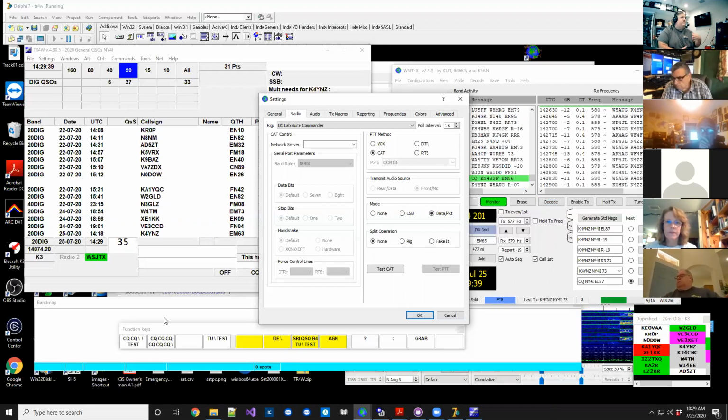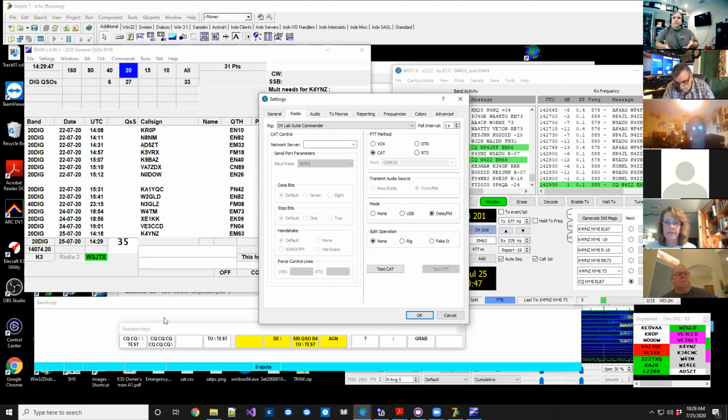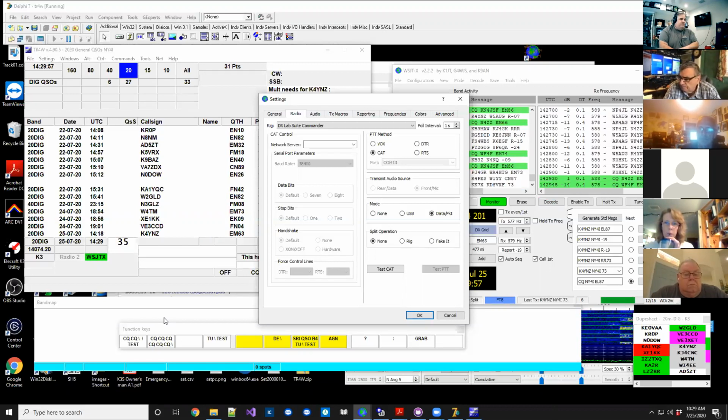But two things can't talk to the rig at one time because it's a serial port, unless you're doing something else like Win4K3 suite, or Win4Icom suite, or Win4Yaesu suite. He's got several now, but anyway. So since Dave already had this protocol, called DX Lab Suite Commander,